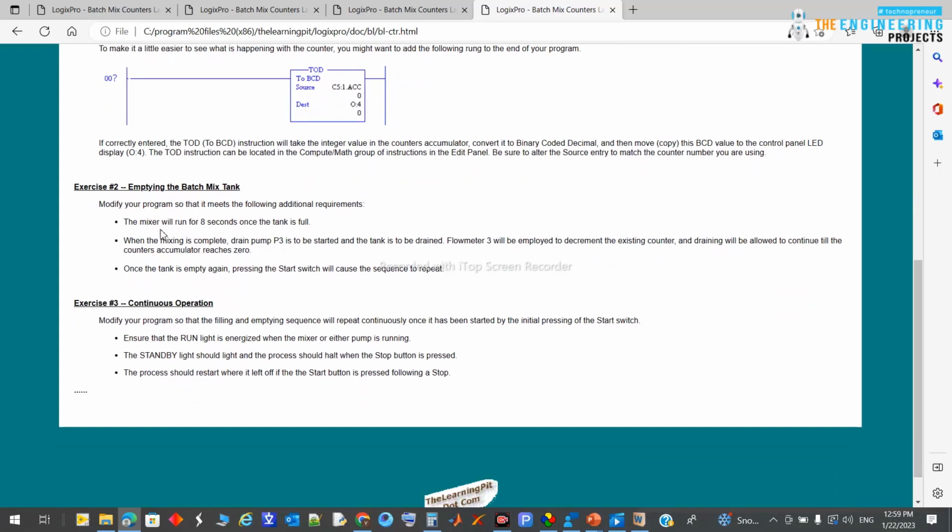Okay, so the mixer will run for 8 seconds. So you need a timer also. So we'll work for 8 seconds once the tank is full. And then when the mixer is completed, drain pump B3 is to be started. So I will run the mixer for 8 seconds, and then after this 8 seconds the drain pump B3 will be started, and the tank is to be drained. Flow meter 3, which